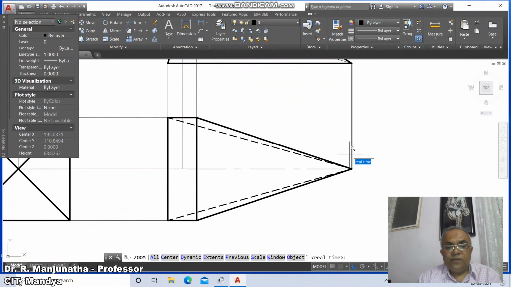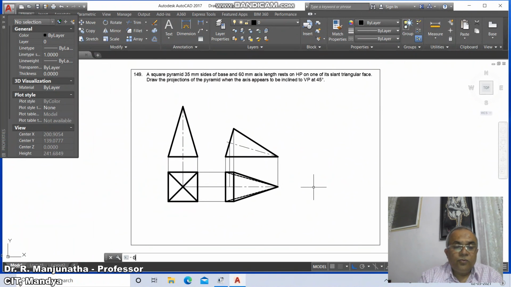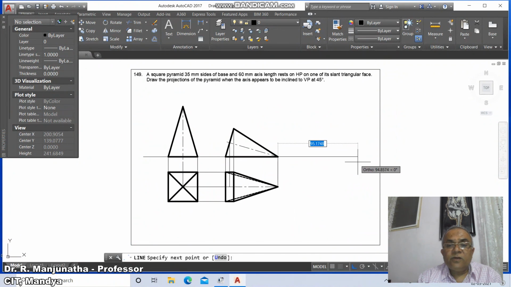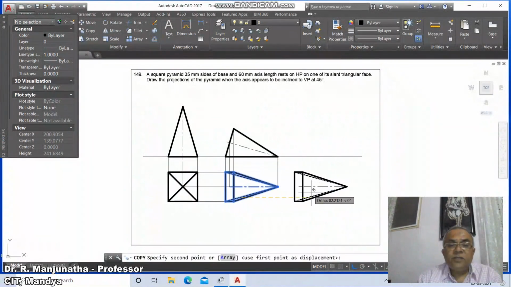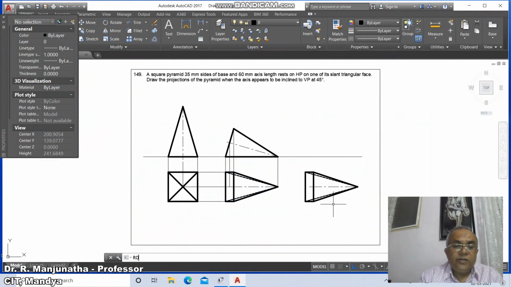Then go to zoom previous, then go to group, select objects, select this entire thing and group it as a single. Then go to line, int of this, and you take int of this and take int of this, and go to line, int of this and draw a horizontal line. Then go to copy, select this, copy this to the next position